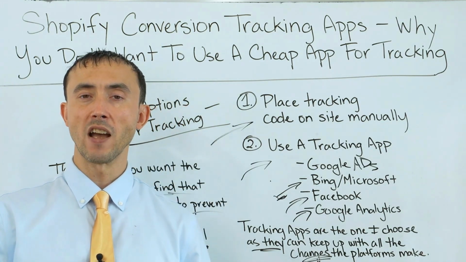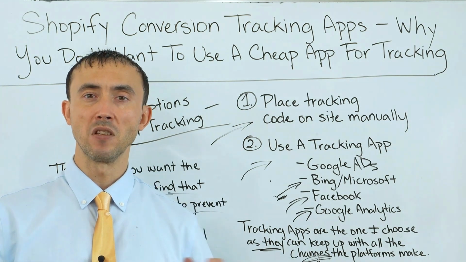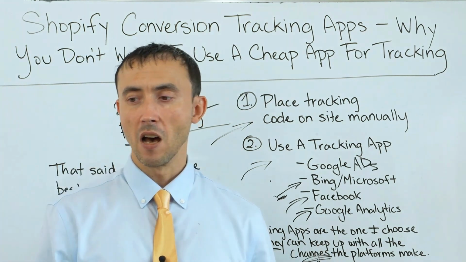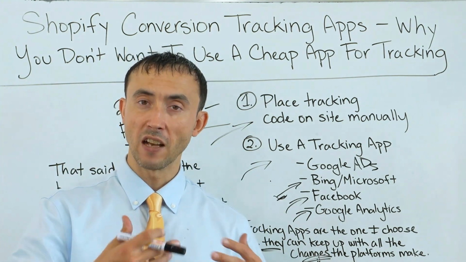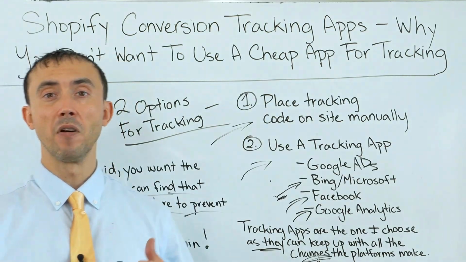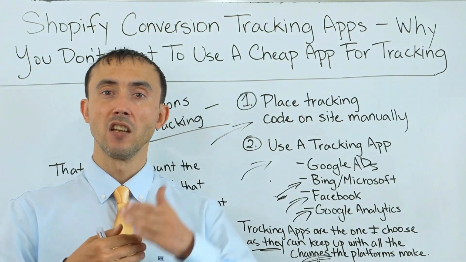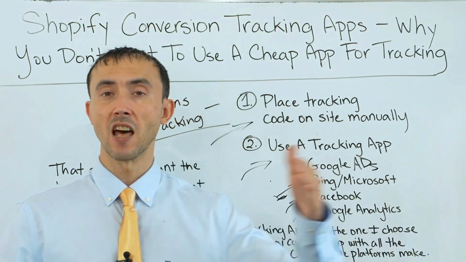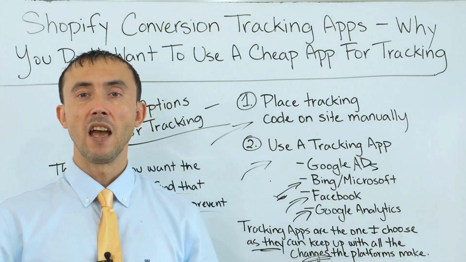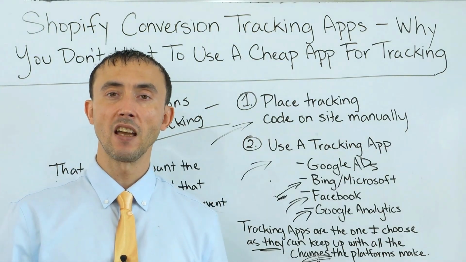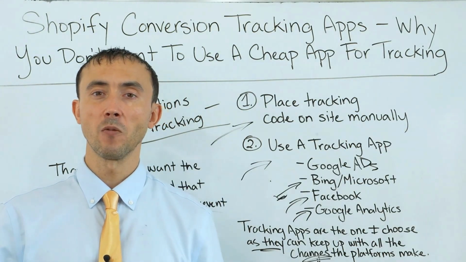Or at least when your tracking breaks, know that you've already got a really good backup plan, and you have an execution plan. You should literally have a plan in advance for what you're going to do if the tracking breaks, because it's not a matter of if it's going to break, it's when. And you should also have somebody checking your tracking on a regular basis,